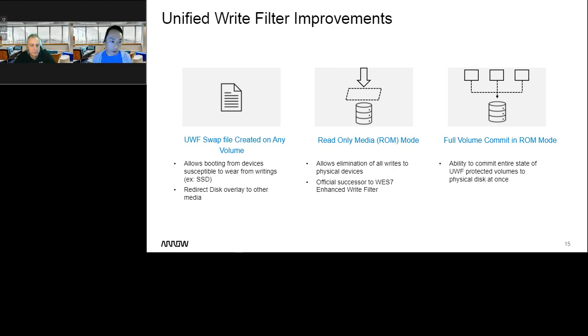So with this improved unified write filter, you can actually reduce numbers of write cycles and in a way extend the life cycle of your product or your solution. So definitely I see dedicated markets. I would say industrial automation would definitely benefit from this improved feature.